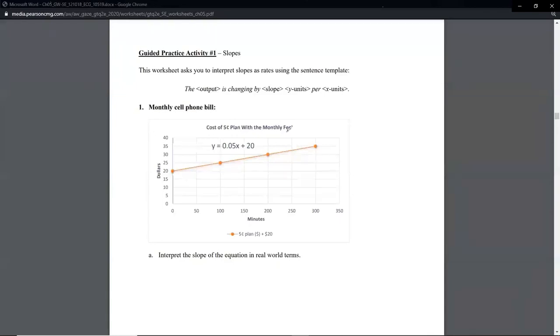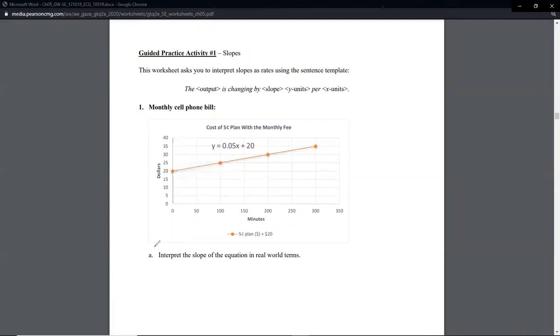So here's the graph of our monthly cell phone plan bill, whatever phrase you want to say for that, which we have seen before. It stops at 300 minutes. It doesn't go to 400 minutes, but that's perfectly fine. And this includes the variable amount, and it includes the fixed amount. So we can see our fixed amount here. When we don't talk at all, we pay $20. And then the run and the rise demonstrates the slope of 0.05. So every time you go right 1, you're going to go up 0.05. But this is me actually showing right 100 and up 5, which is the same ratio if you were to reduce it.